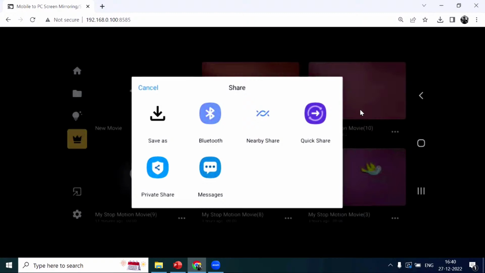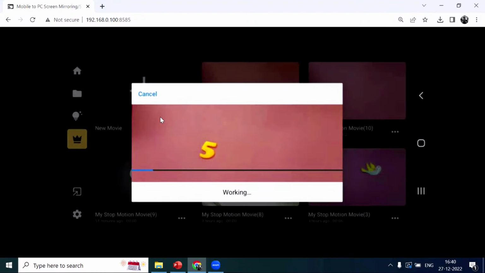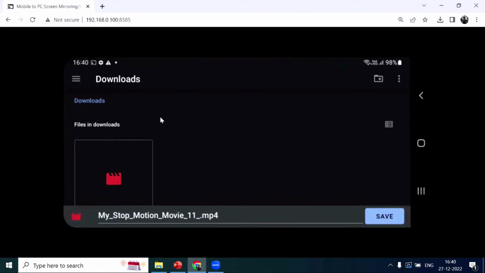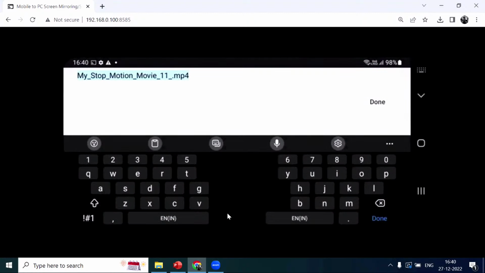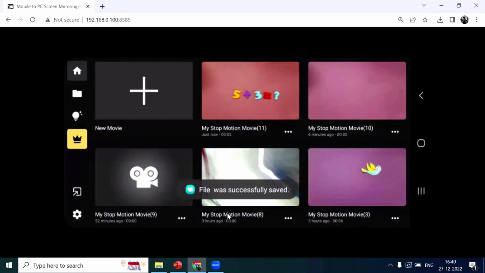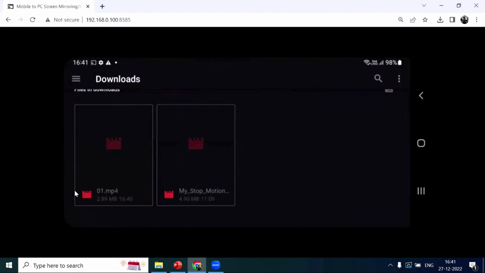Now when you click, again you will be getting different options. Here you have to click on save as. Now I click on save as, and then it is converting, and then here you have to give a name. Here I can select, and then I can select 0, 1. So my content was saved. If you want to save yours, you have to click here, and then when I move up, it is showing the file which I have created. Okay. Now again,